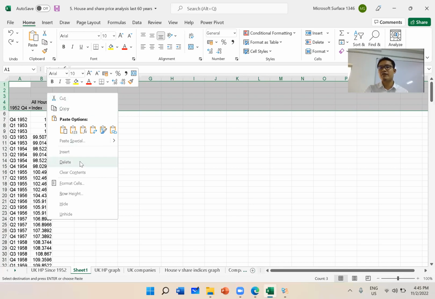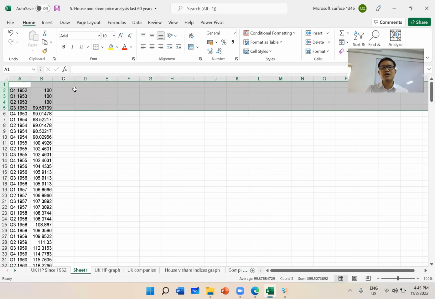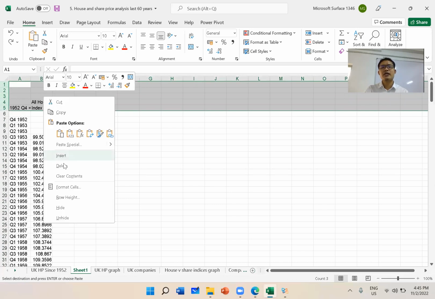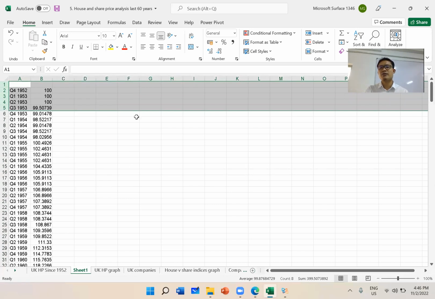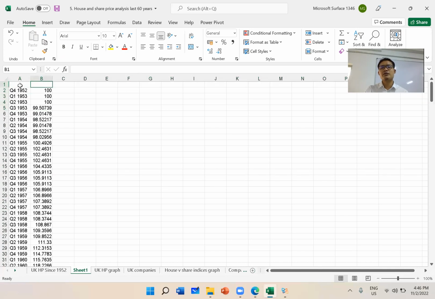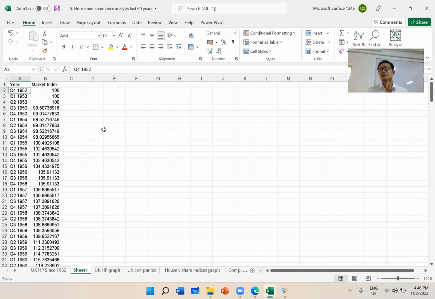What it will do is different. It will delete the entire row. Can you see? I repeat, right click and then click on delete. The entire thing will be gone. And you have 2 cells remaining for you to write the name of the column, the header. So this is going to be the year, and this is going to be the market price or market index. Okay. All right. So to end this first part, which is very easy,